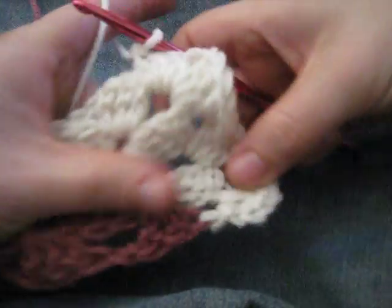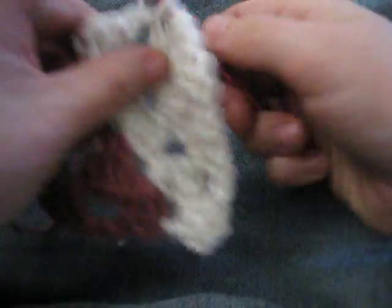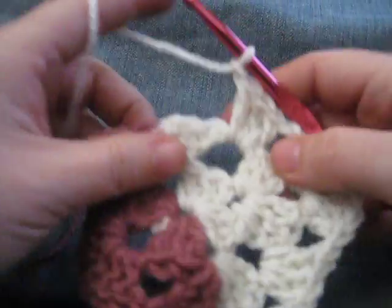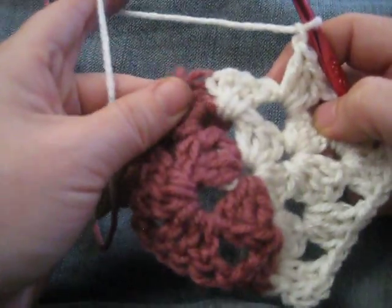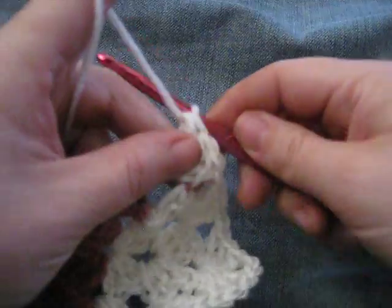Okay, so I've got my second corner there, cluster, chain 2, cluster, and chain 1, work a cluster in this hole. Okay, now we're back to the corner where we've still got our working yarn, and we're going to do one cluster here, and a chain 1, only one,